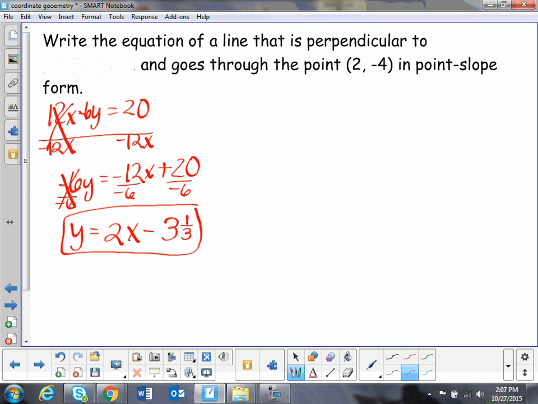So after that, we know the new slope. What's the new slope? The new slope is -1/2, and it goes through that point. Now, it says we have to put it in point-slope form, so we might as well just start with that. So y minus what? -4, so it'll be a +4, so you change those to positive. Equals -1/2 times,